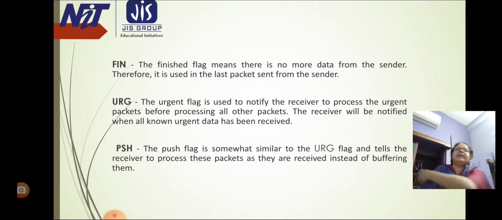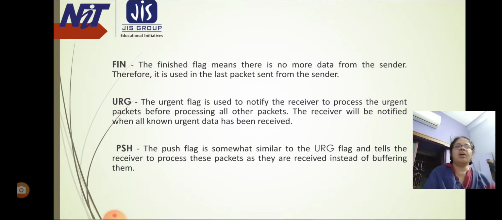There is no data loss in case of the finished flag, whereas data is discarded in case of reset. In case of the finished flag, the receiver of FIN keeps communicating as long as it wants to, whereas in case of RST, the receiver has to stop the communication.